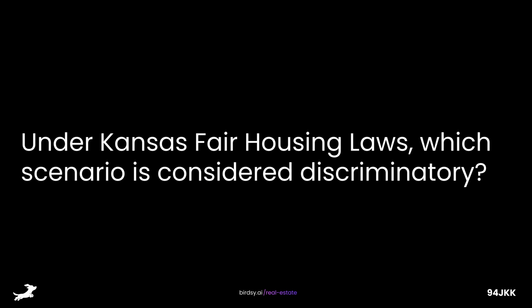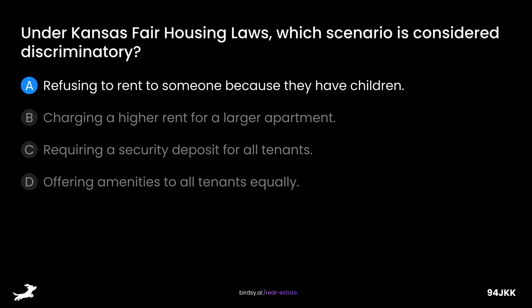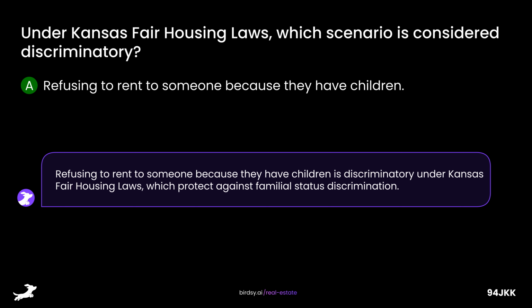Under Kansas Fair Housing laws, which scenario is considered discriminatory? Is it A, refusing to rent to someone because they have children, B, charging a higher rent for a larger apartment, C, requiring a security deposit for all tenants, or D, offering amenities to all tenants equally? The answer is A, refusing to rent to someone because they have children. Refusing to rent to someone because they have children is discriminatory under Kansas Fair Housing laws, which protect against familial